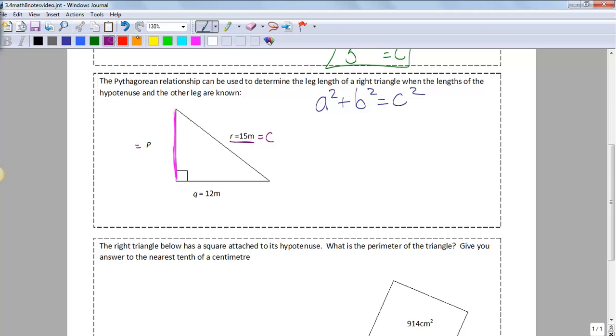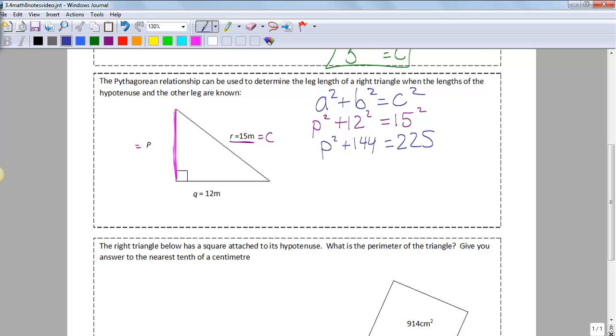This time, you know C though. So I'm going to keep 15 all by itself over here. Then on this side, I can put a 12 squared. And in this case, it's P that I'm looking for. So I'm going to write P squared. So I'll do all the exponents first before I worry about anything else. It's 144. 15 times 15 is